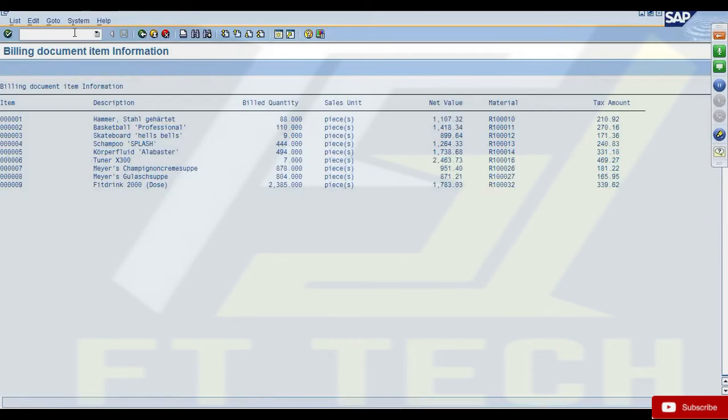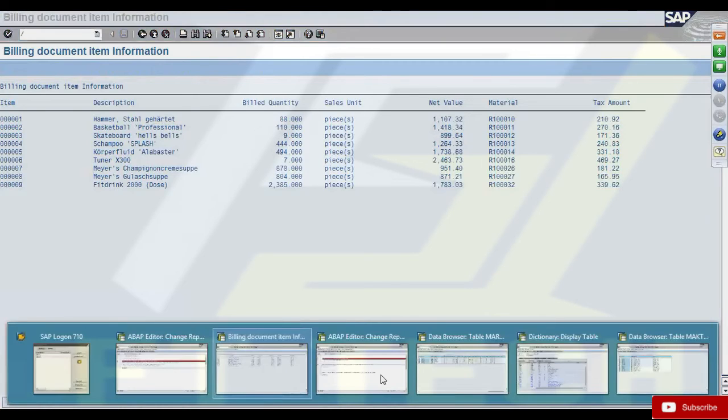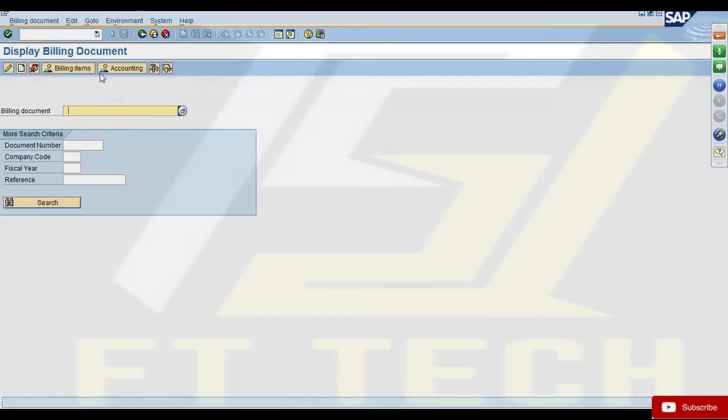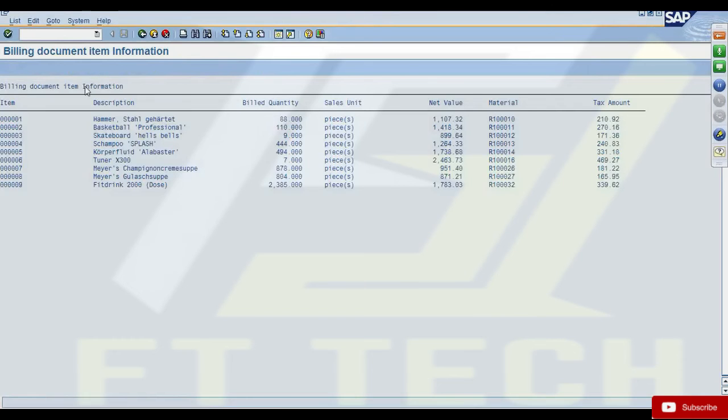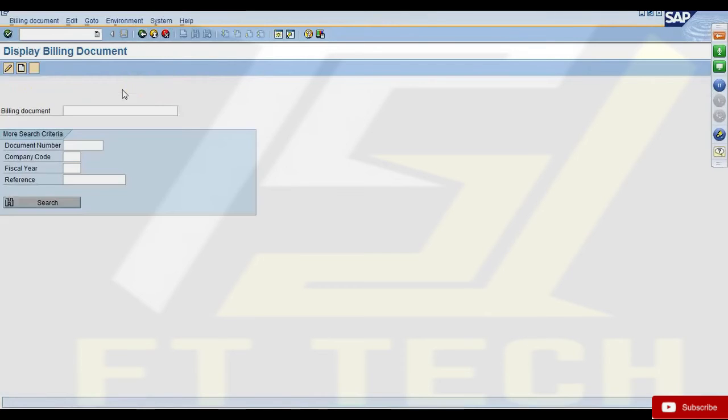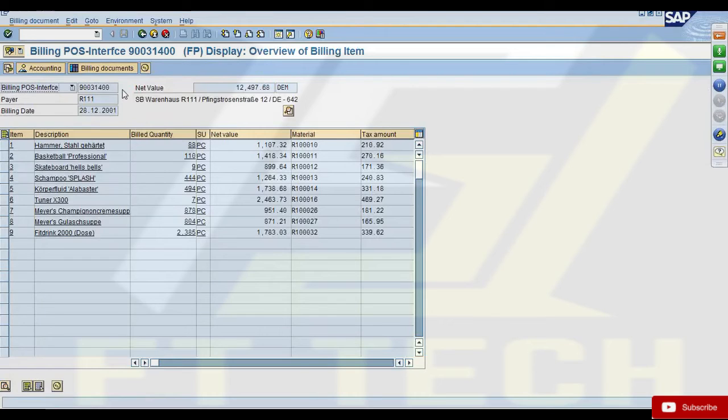What I want you to do is, if I go to VF03, there is some header information also, right? The document number, there's something called payer details. R111 is the payer, and there's the billing date, right?